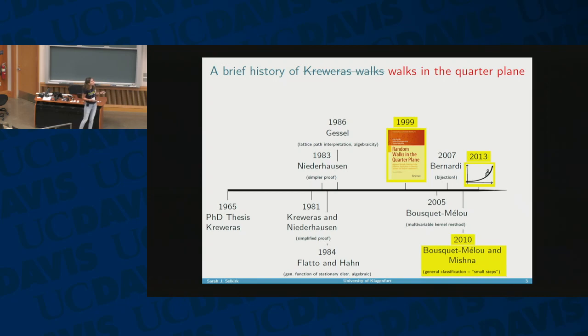2013 is just there to get the spacing right. It's not 2013 where things massively increased. But essentially, people are still working on trying to determine methods to study walks in the quarter plane with larger step sets, classify their generating functions, that type of thing. Okay, so